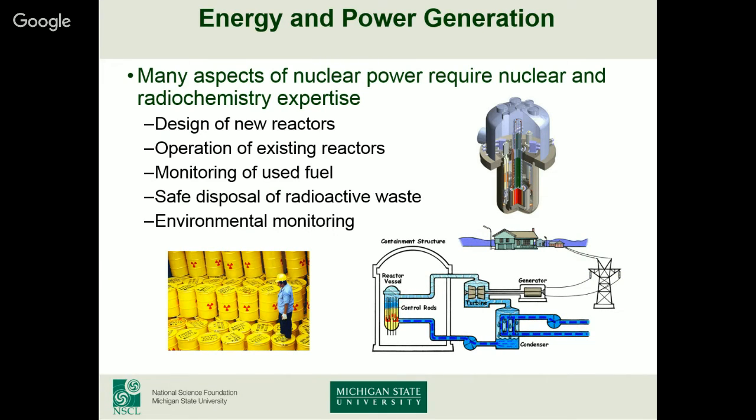At the bottom right here, I've shown a simple schematic of what's known as a boiling water reactor. So I hope it's moving on your side. It should be. Yeah, okay. And what you can see here on the left is the reactor vessel, and inside of that are the fuel rods and the control rods. You have radioactive material in the fuel rods, and control rods to stop anything that happens if it's not going so well. And what happens is during the process of radioactive decay, if you remember, I showed you that